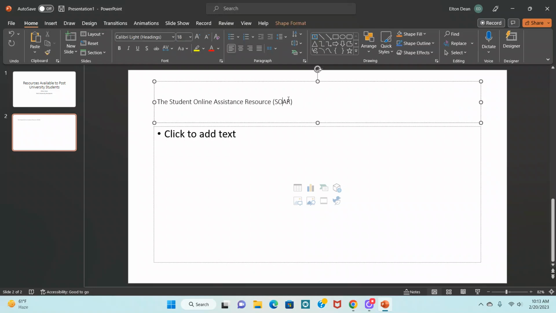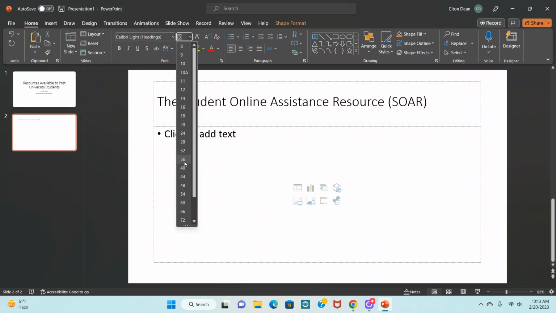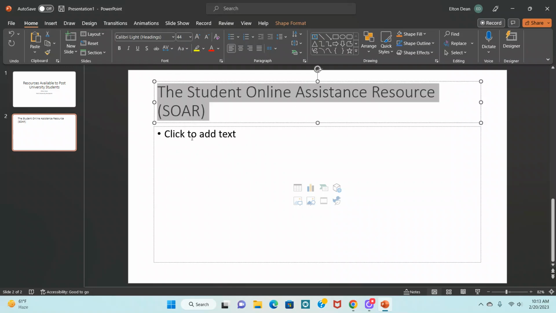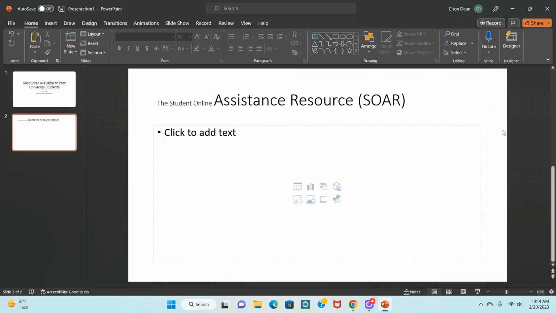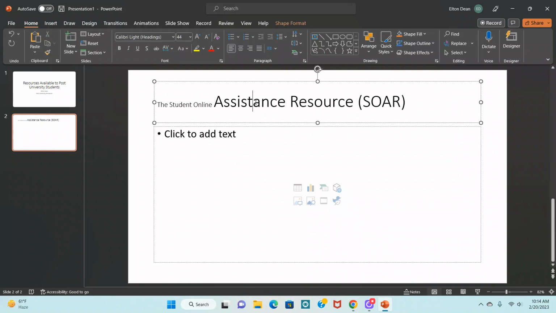Let me show you the other way. Once I click into that text box one more time and I highlight it, I'm going to change that back to size 44. And then we can see that it is automatically changing it to size 44. If I were to only select part of it and change my size, only part of it is going to be changed. So now when I click on my text box and I click on the outside,